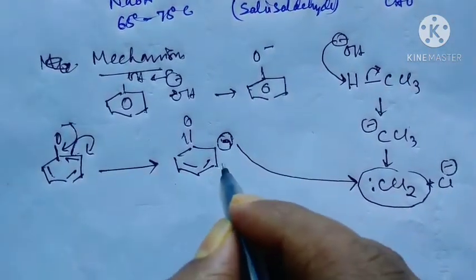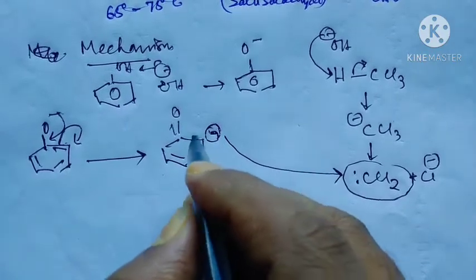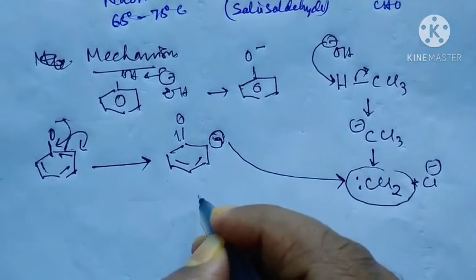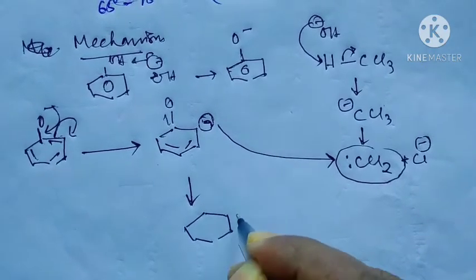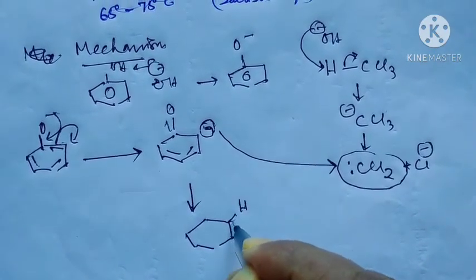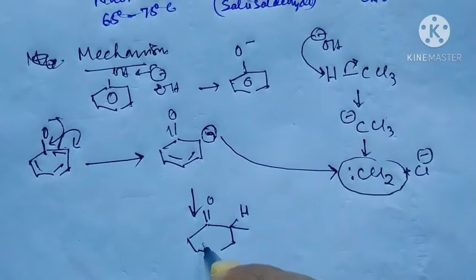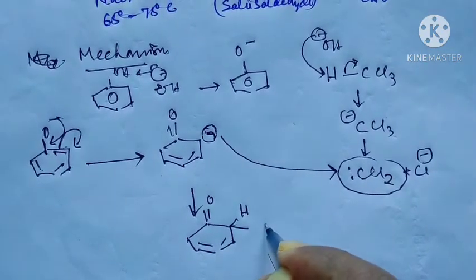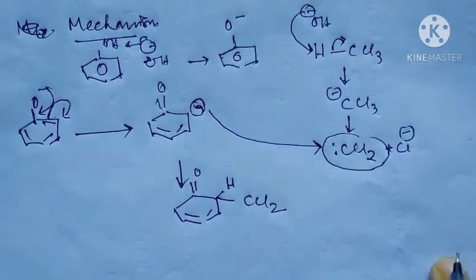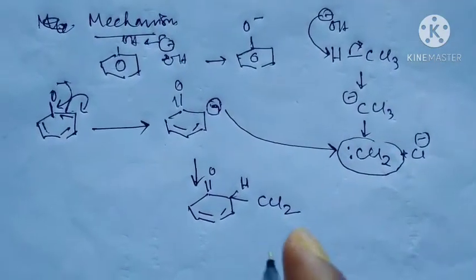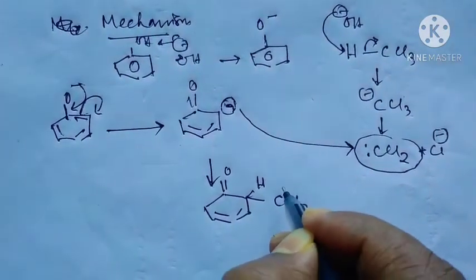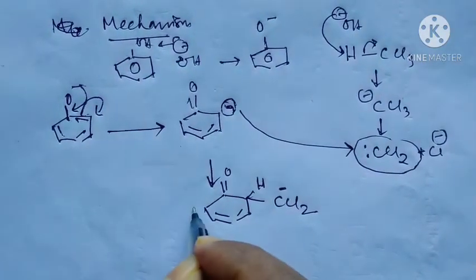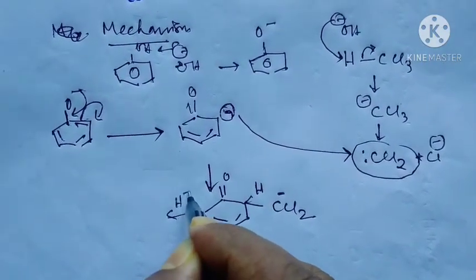Okay, so this is the nucleophile. This phenate ion attacks this one to form this CCl2 design, and then CCl2 minus. Okay, and then due to the presence of H plus ion,